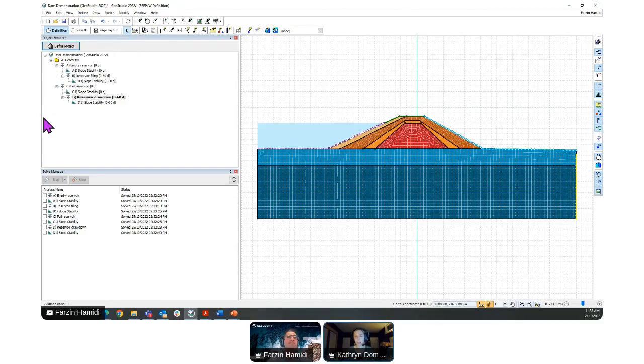Also, if you're trying to do a long-term steady state analysis of your dam, it can be really hard for the SIPW solver to figure out exactly where the water table is, where that zero pore water pressure iso surface is. But if you start with the whole dam saturated and you gradually let the water seep out, it really helps the solver find that converged solution. You let it run for a long time, and it will produce the steady state or the long-term conditions within your dam without having as many convergence issues.